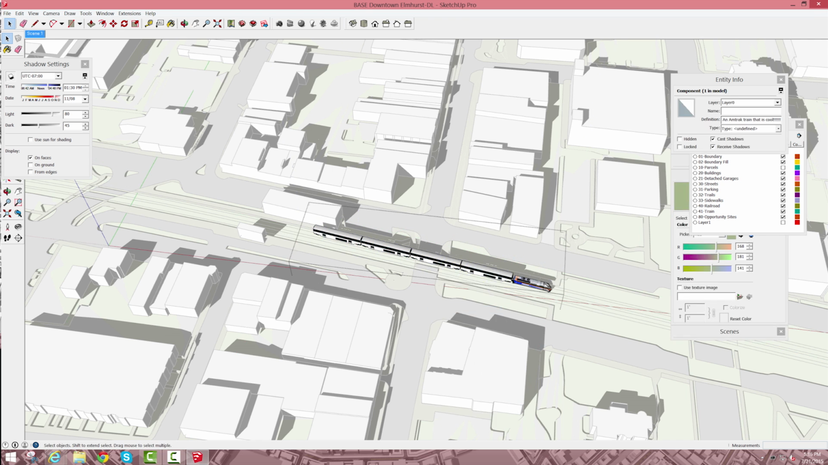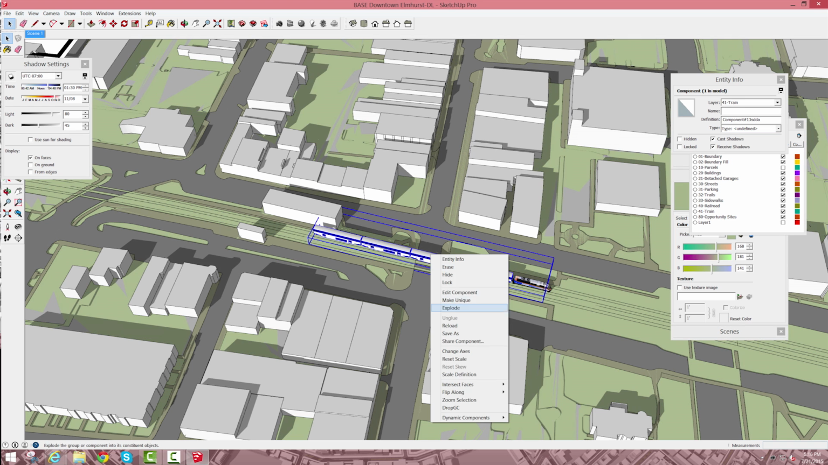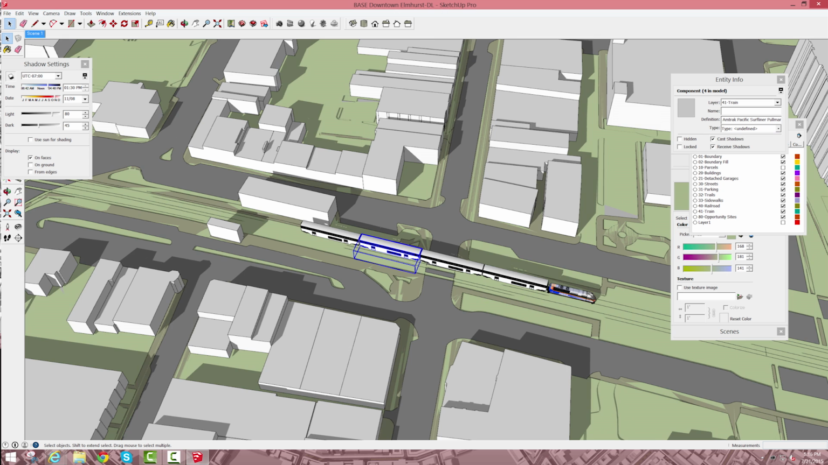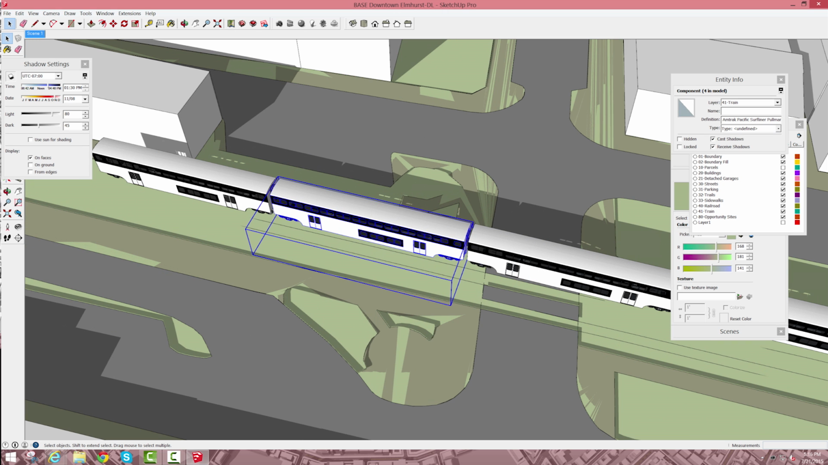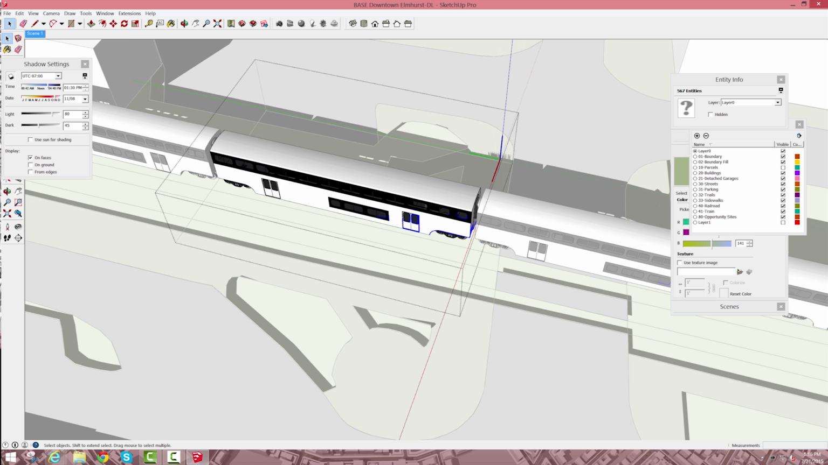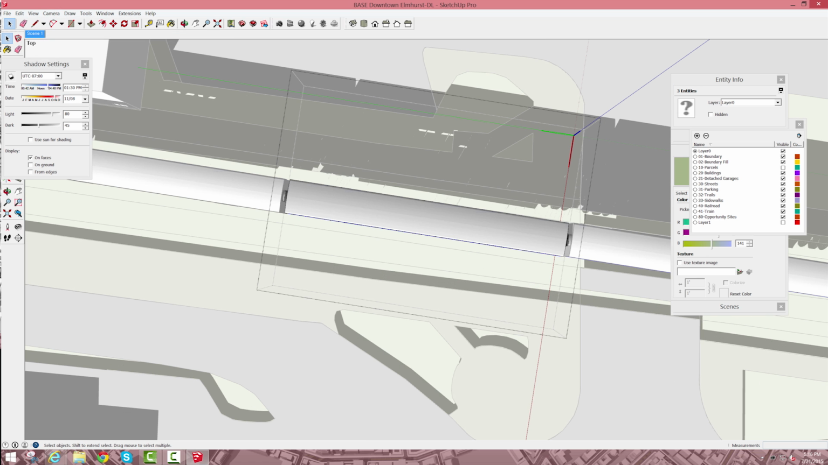I'm going to explode this down to the actual car. It's quite a few little groups here. And there we go. Even in this component, something is weird. If I go in and edit this component, there's something over here. It's preventing that bounding box from